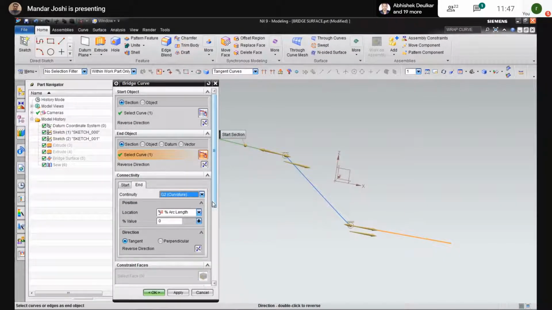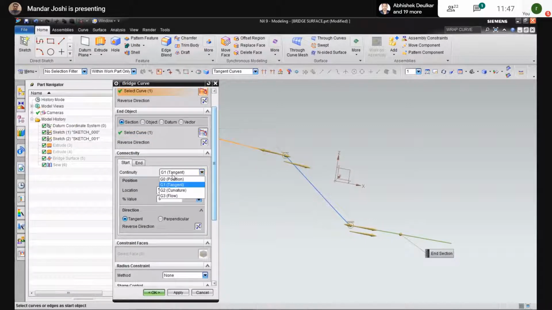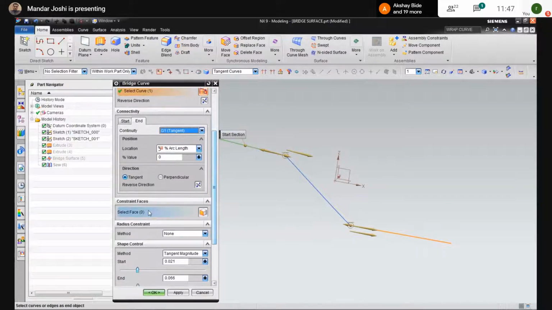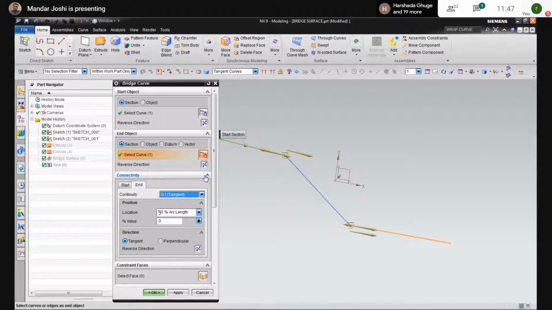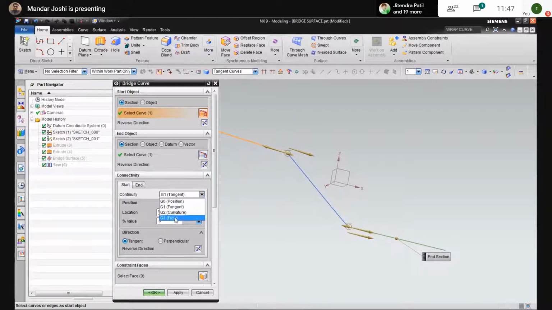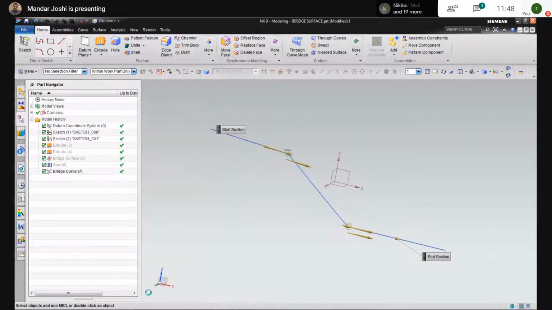Why is it not taking? Actually, it should be connected smoothly if you take G1 and G2 continuity, but it is not showing to us. Just a minute. It is correct.